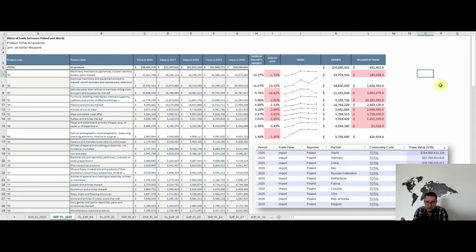As for the sectors driving Poland's imports, again, we see chapters 84, 85, or 87. So we see a lot of intra-chapter exchange of goods, meaning that Poland has a developed and competitive economy. In terms of cumulative share of these top 10 sectors, we have more or less 56%, which is not very concentrated,